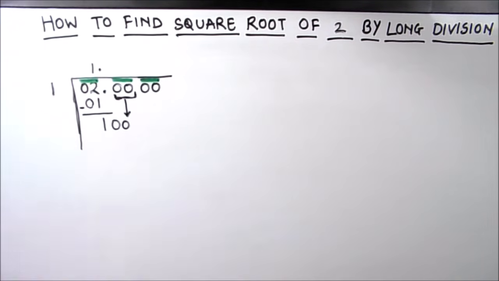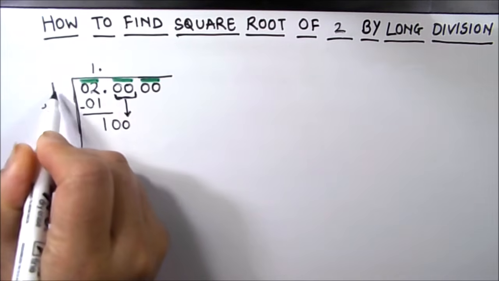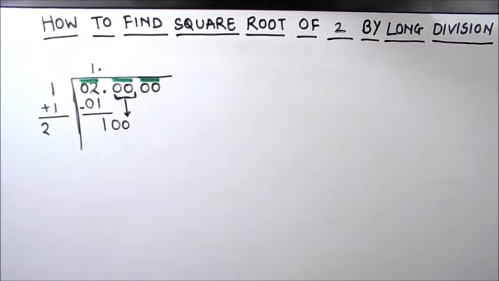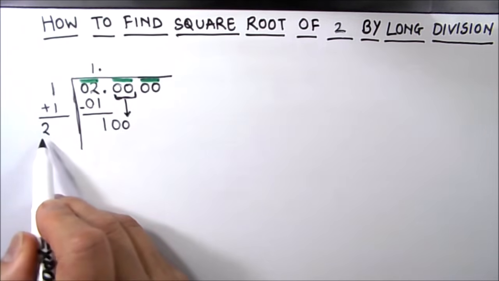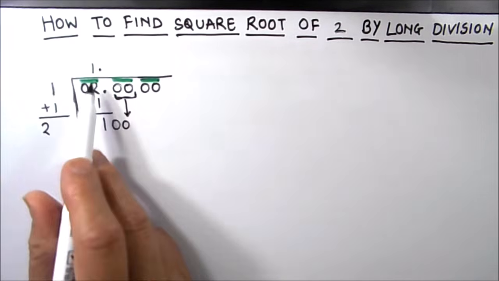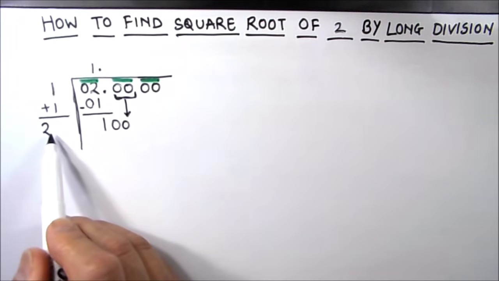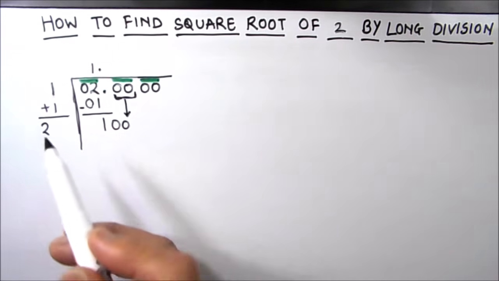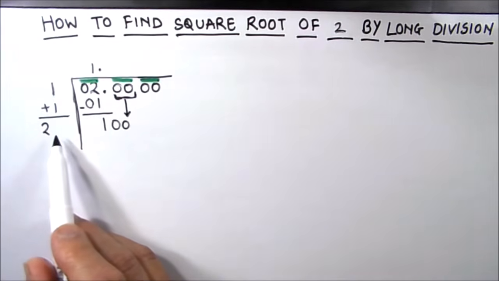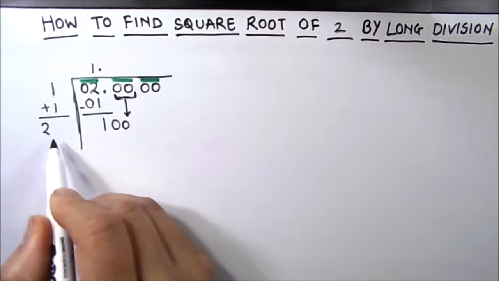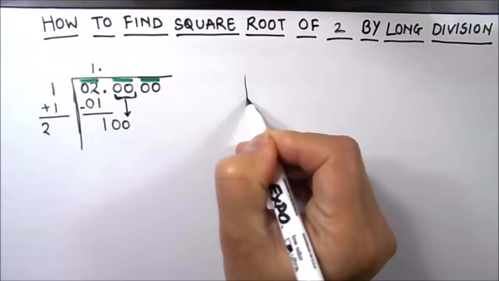For our divisor, we have to add the same number 1 to get our new divisor. Every time we have to add the same number to get the new divisor. So our new divisor is obtained by taking 2 times the quotient, which is 2, and annexing a suitable digit, which is also taken as the next digit of the quotient. It is done in such a way that the product of the new divisor and the digit is equal to 100 or just less than 100.